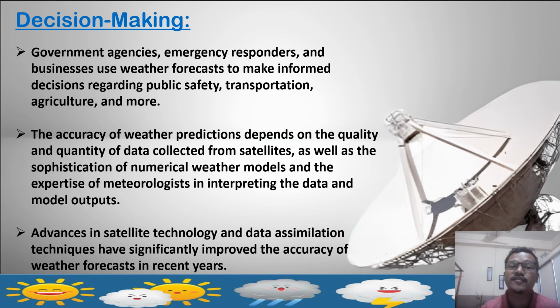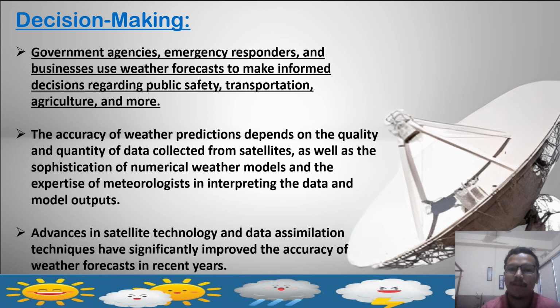And the last thing, decision making. Who makes the decision? Government agencies, emergency responders, and businesses use weather forecasts to make informed decisions regarding public safety, transportation, agriculture, and so on. And the accuracy of weather prediction depends on the quality and quantity of data collected from satellites, as we have seen earlier, as well as the